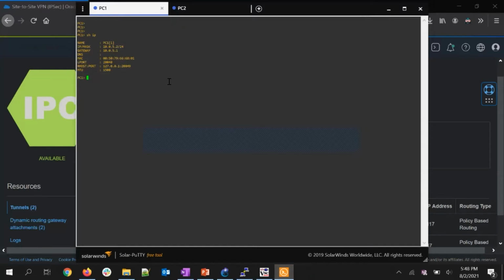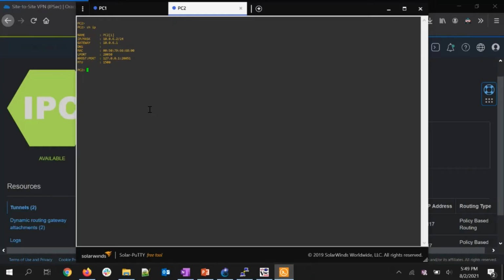First, we will try to ping from local hosts in both the private networks on-premises to the remote host on OCI, which will not work because the tunnel is down currently. Okay, it is a timeout here. And from the other network on-premises, so now we will start configuring the ASA device and do a ping check after that.